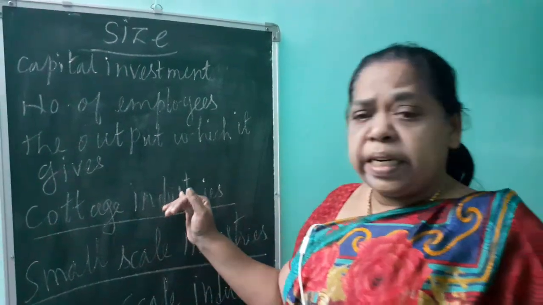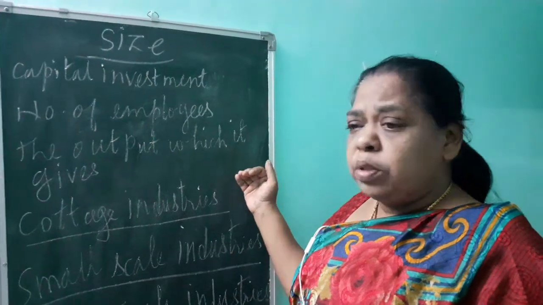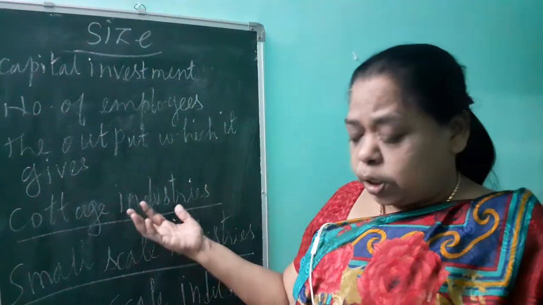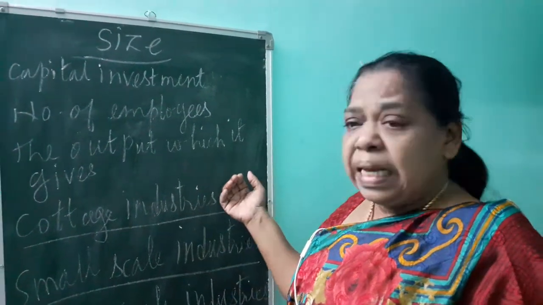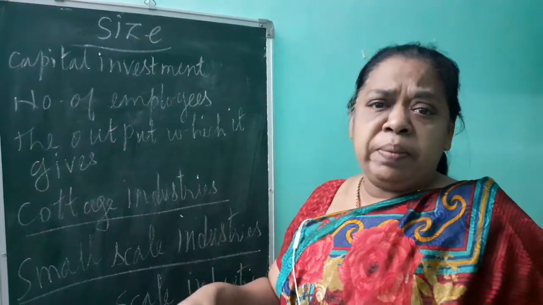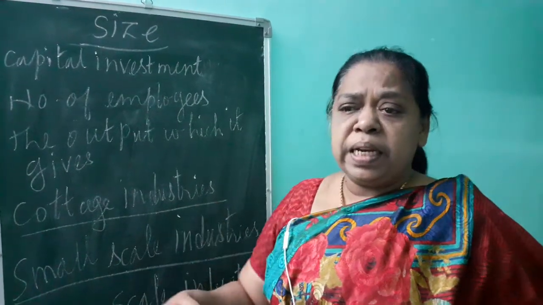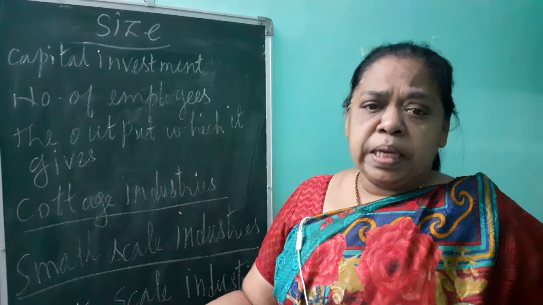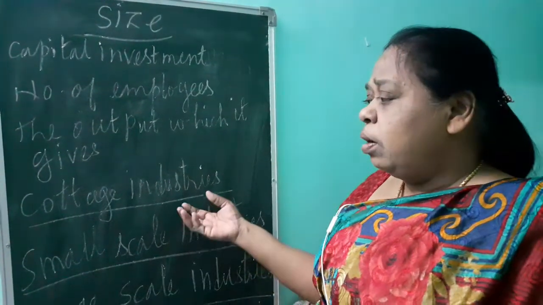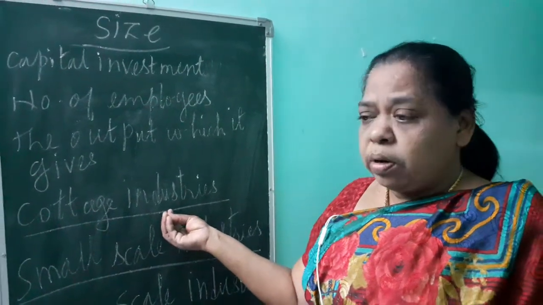Cottage industry is a traditional type, olden type. It is located most probably in the rural area, that is, rural area means village side. It is called a household or village industry. Most of the family members are the employees for this cottage industry. They use the nearby product, the local product. With the help of the local product, they are manufacturing the goods. For this, they are investing very little money also. That is called a cottage industry.